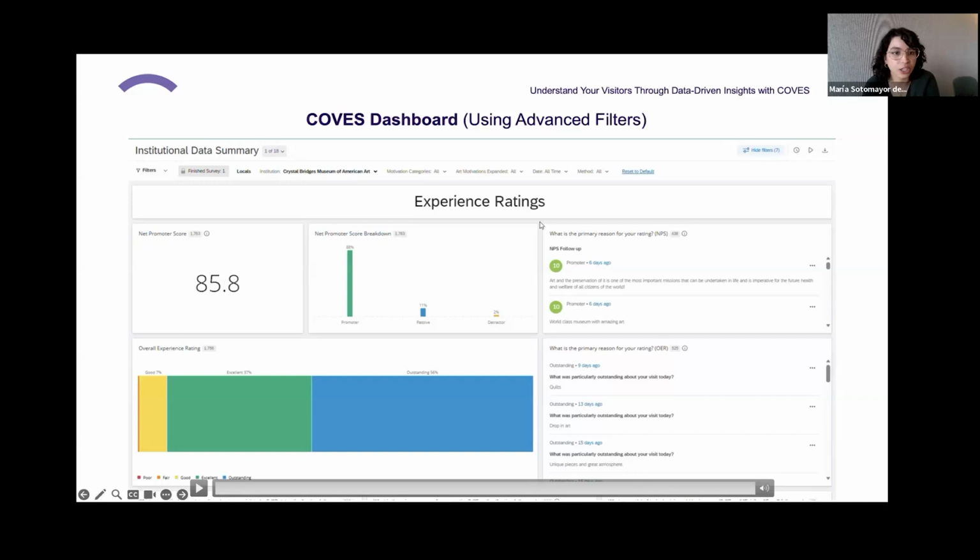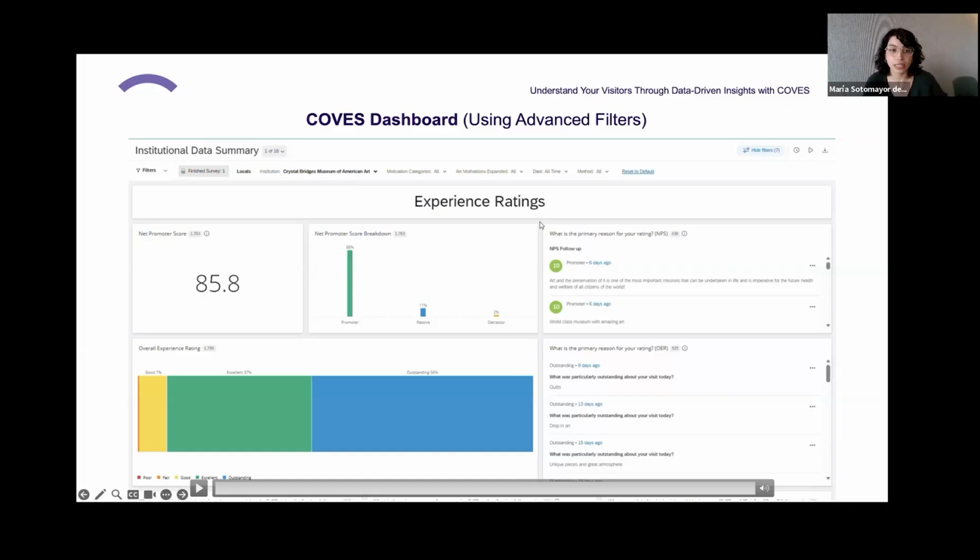Before moving on to the next slide, I want to just say that this can be applied to all sorts of data on your dashboard. Right now, we showed you locals and how to filter for locals, but you can filter through different group demographics. So you can filter for group composition, like I had mentioned before, filtering for adults that are coming with children versus groups that only have adults coming in. You can filter through repeat visitors, who saw the temporary exhibitions, and then draw analyses based off of that.